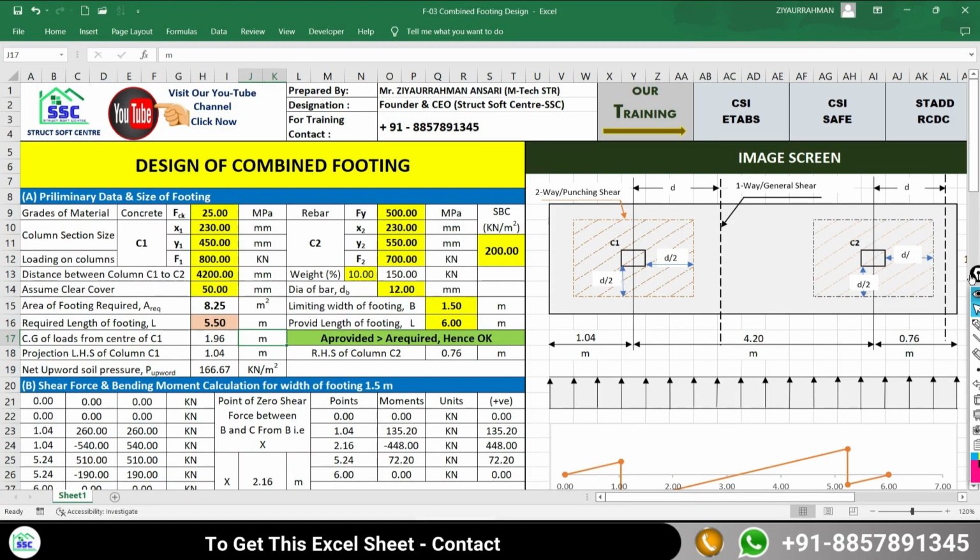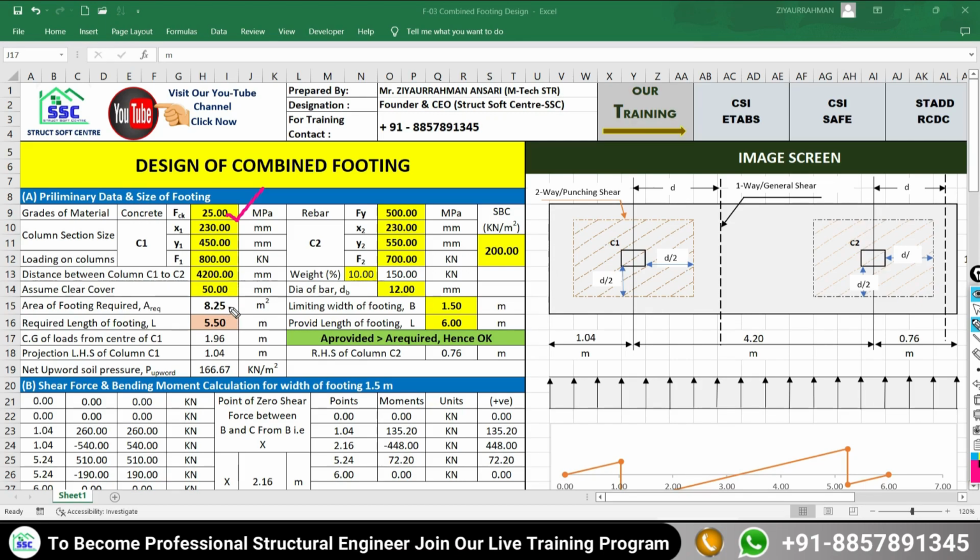But before that, try to understand how to use this spreadsheet. You have to edit the values in yellow cells only. You don't need to edit anything in your white cells because a formula is embedded in those white cells, so it will automatically give you the values. And this cell will suggest what value of that particular parameter you should select. And this green cell will tell you whether that criterion is passing the check or not.